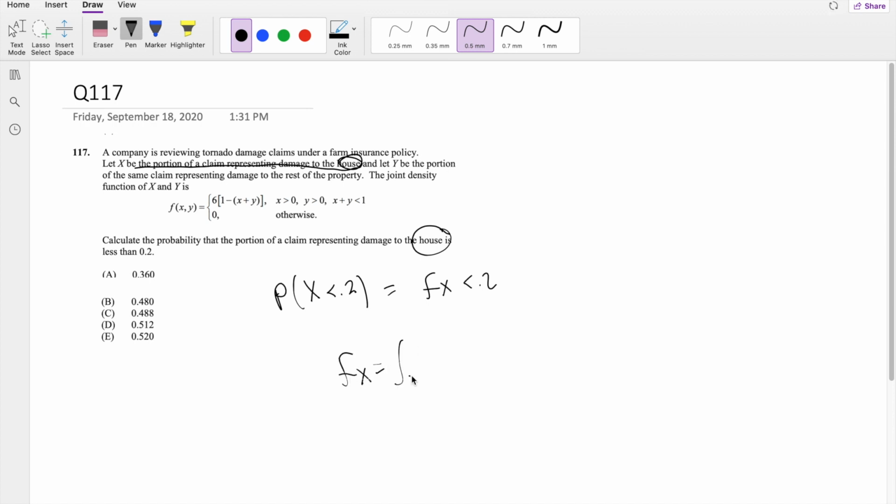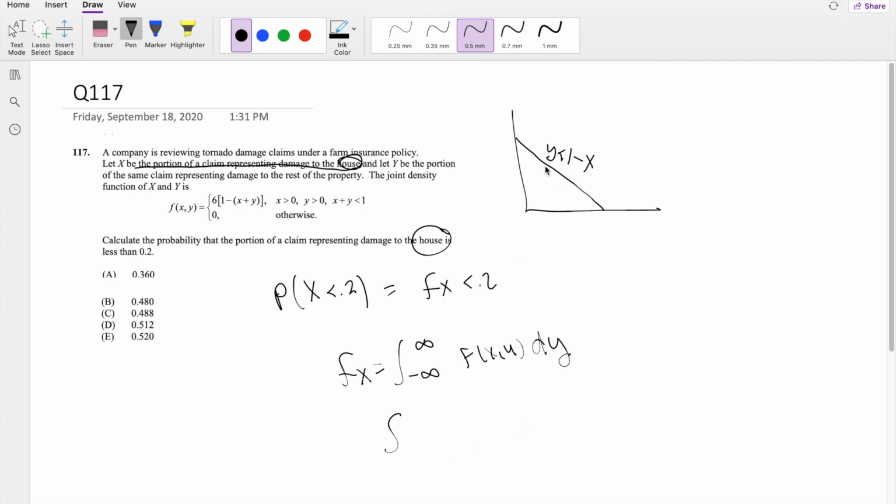f of x, we know by definition, is the integral from negative infinity to infinity of f of xy dy. Okay, so what is the range for dy? Well, let me draw the picture real quick. So x is greater than 0, y is greater than 0, and y is less than 1 minus x. So it's going to be this line right here. y is less than 1 minus x. So if we're integrating in terms of dy,